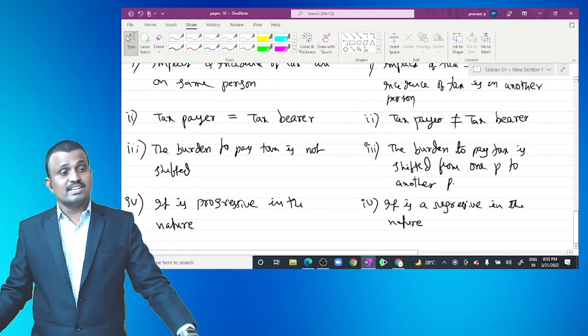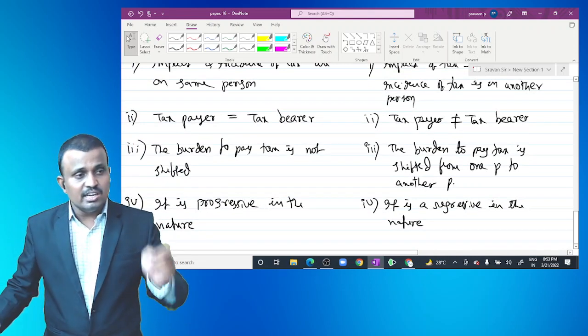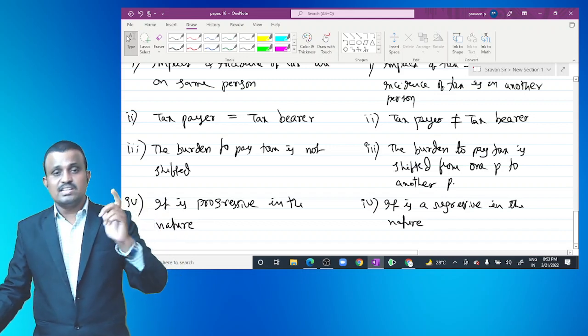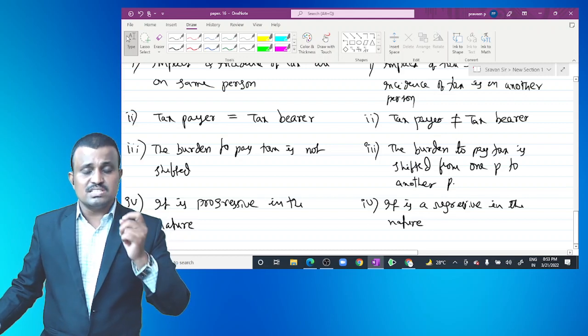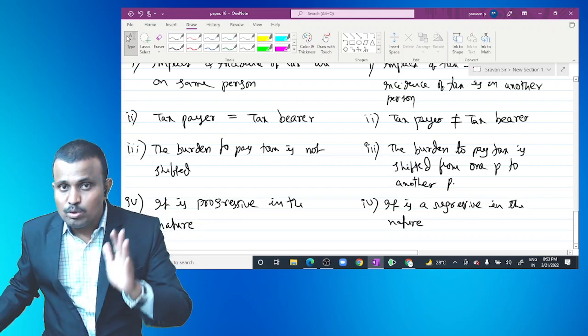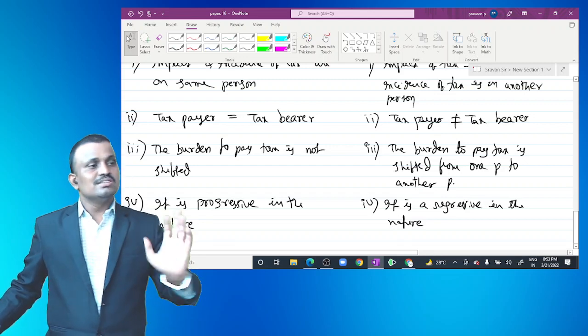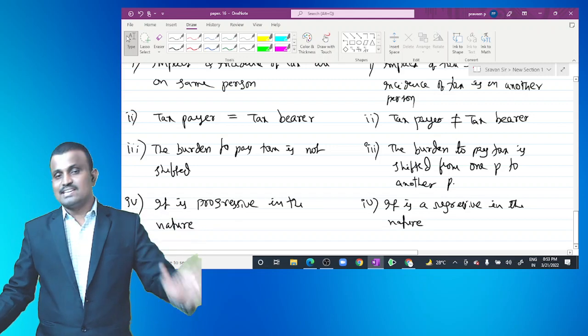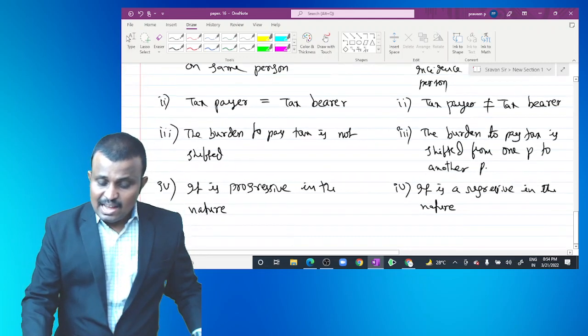That is called what? Regressive. So progressive in nature means what? If ability to pay is considered, the tax is a direct tax. Simply said, we call it progressive in nature. If the ability to pay is not considered, we call it what? Regressive in nature. That is the nature of what? Indirect tax. And another one is,